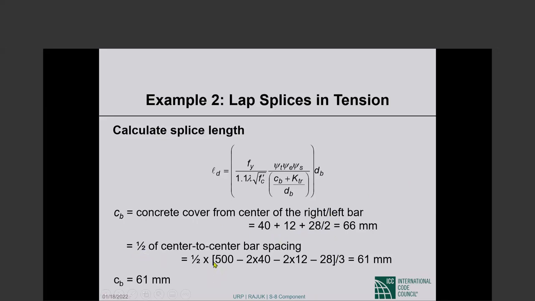Okay, 500 millimeter is the total section. We take 2 covers off from the 2 sides, 2 number 12 transverse reinforcement, minus 1 bar diameter. There are 4 bars, so there are three spaces. So 500 is the total. We took the clear cover out from two sides. We took the